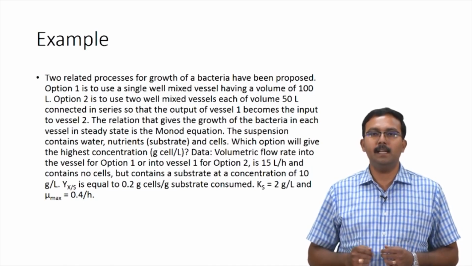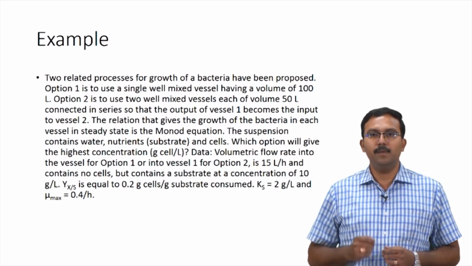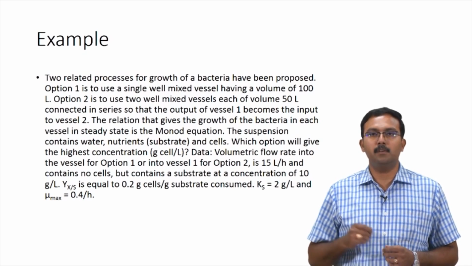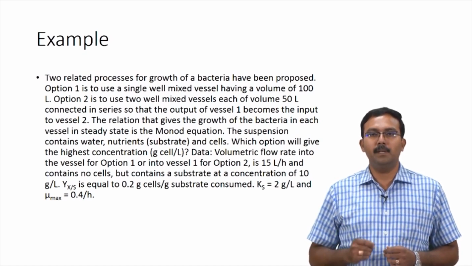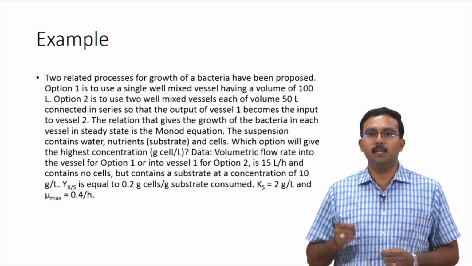The suspension contains water, nutrients which are called the substrates, and cells. Which option will give the highest concentration of cells in terms of grams of cells per liter? You have been given that the volumetric flow rate into the vessel 1 for option 1 and into vessel 1 for option 2 is